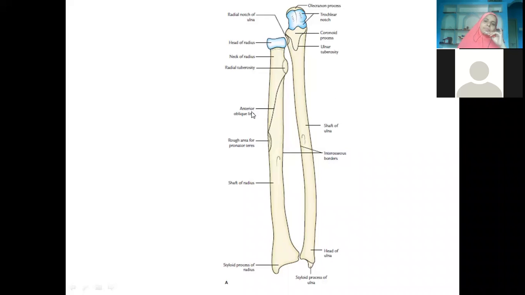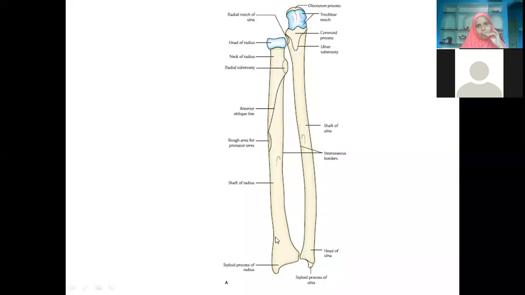So to summarize fast, the radius bone has an upper end, a shaft, and a lower end. Check for the head of the radius, neck, and radial tuberosity. In the shaft, the only border which is very prominent is the interosseous border, which is also called the medial border. Correspondingly, in the center of this interosseous border, quite opposite, we have a roughened area which shows the insertion of pronator teres muscle. The borders we have in the shaft are anterior, posterior, and interosseous or medial border. Surfaces are anteromedial, anterolateral, and posterior.